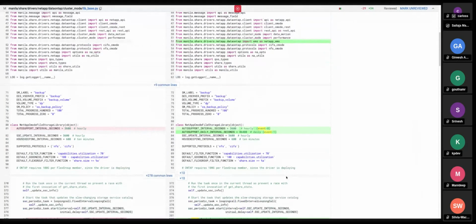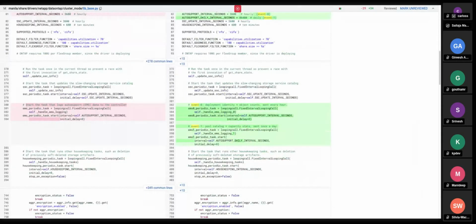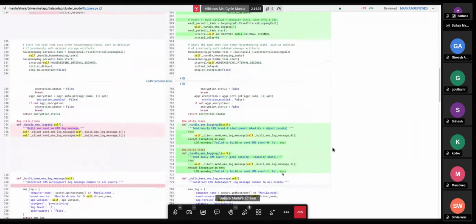Apart from that, whatever data we are currently collecting is getting pushed to the ONTAP EMS.log. As part of the same change, we are also printing debug messages in the Cinder logs as well. So that is an additional change. So this is the existing change for event 0 and 1.